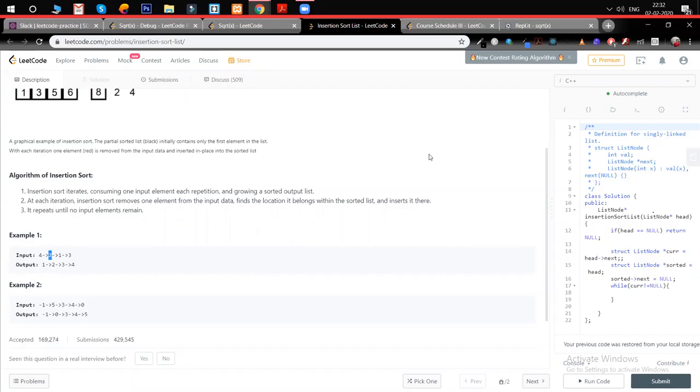I actually don't know about this stability, what you're saying. Yes, I think we can make it stable using this insertion sort. We just make sure that whenever a new index comes, we don't insert it before a value with the same value that we have already placed. So it can be made stable for sure.